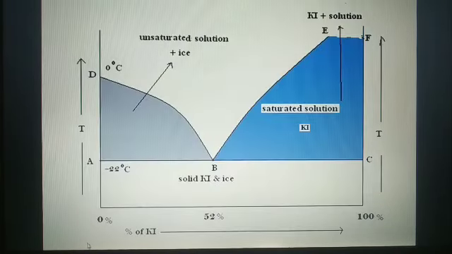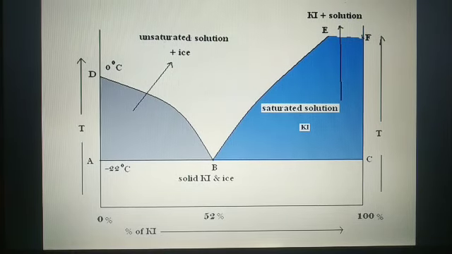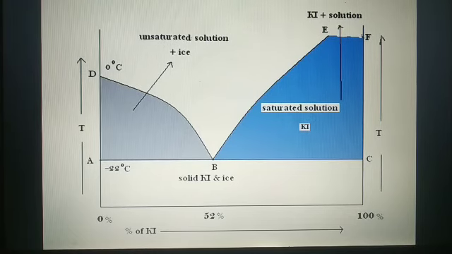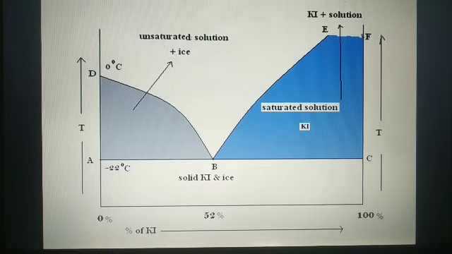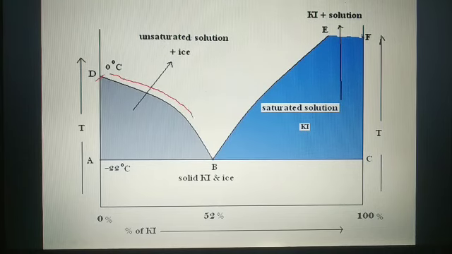Let us discuss some more examples here. This is a system of potassium iodide and water. If you start from the one end here, not discussing the whole of the material, this side it is 0 degrees Celsius. You know that is the melting point, or freezing point, of the water. There is a sharp decrease in the freezing point of the water up to the point B. So this decrease is there up to the point B.